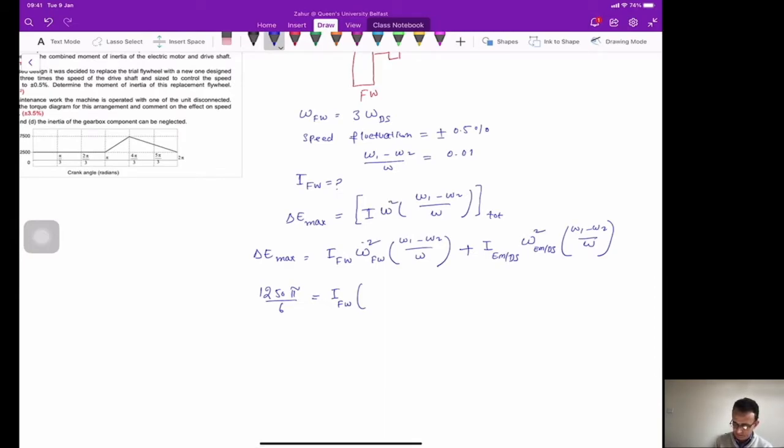So 3 times 250 into 2 pi divided by 60. You need to convert this into radian per second, and square it, and then the fractional speed fluctuation is 0.01, and then again the